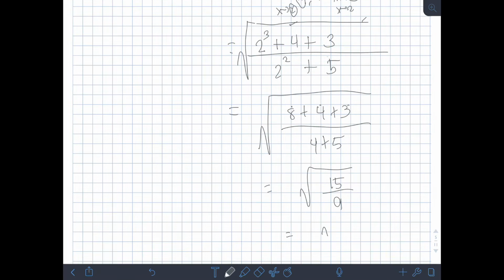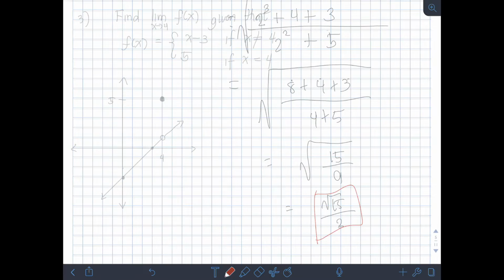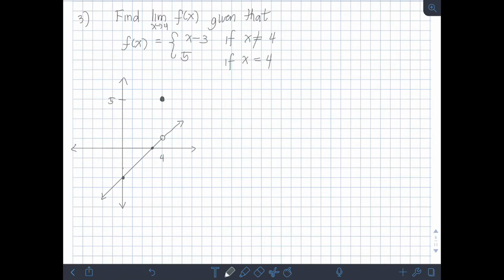Or simply, square root of 15 over square root of 9 is 3. So, therefore, the answer is square root of 15 over 3. Okay? Next, we have find the limit of f of x as x approaches 4 given that f of